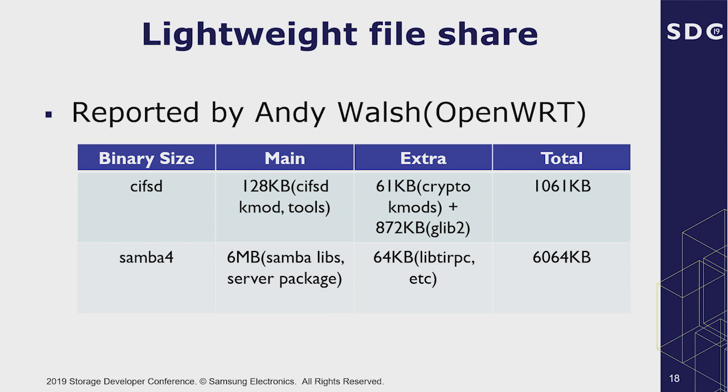I heard that OpenWRT users have been using devices with 8 or 16 megabytes of ROM size. A minimal default install of OpenWRT is already 6 megabytes. Getting minimal package size is still a big priority in the OpenWRT project because the user can install as many packages as possible.